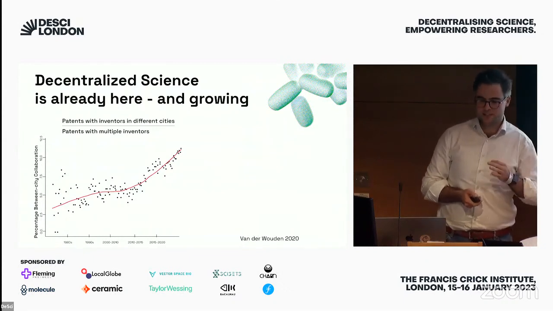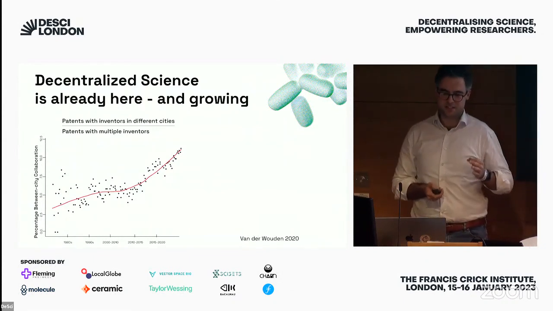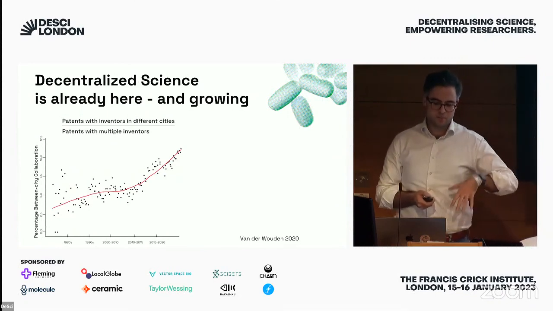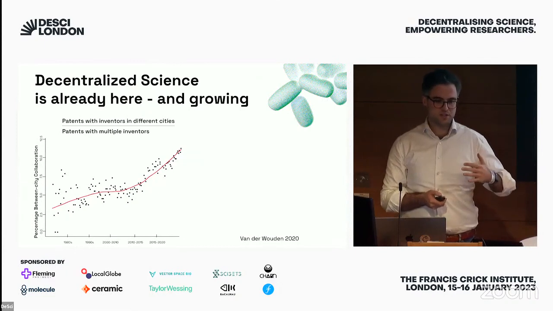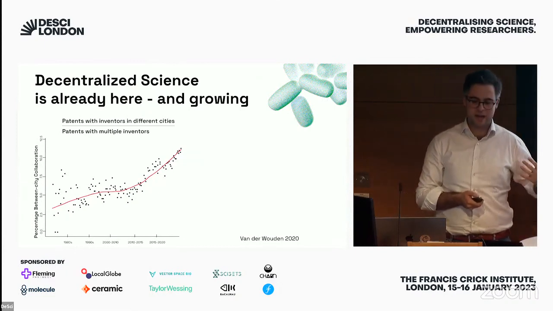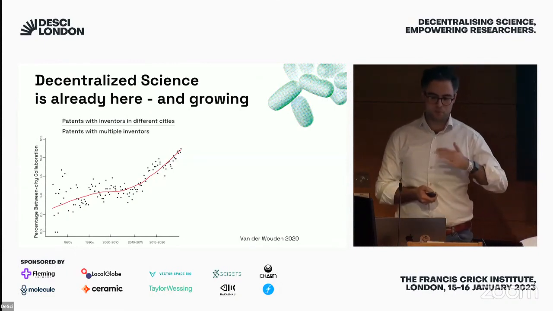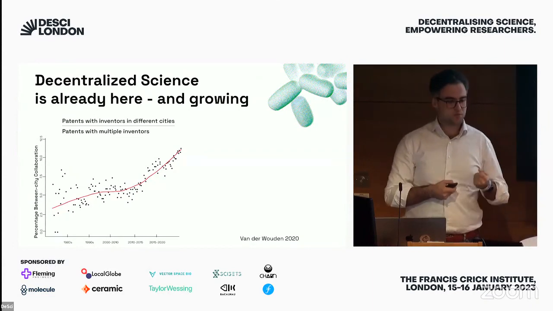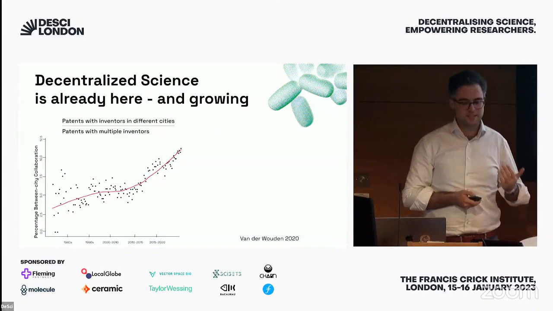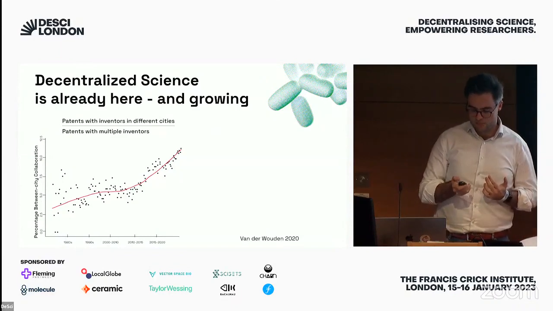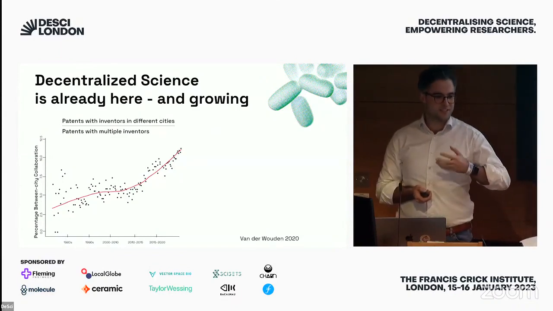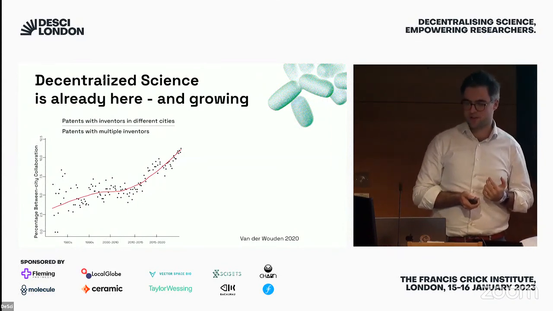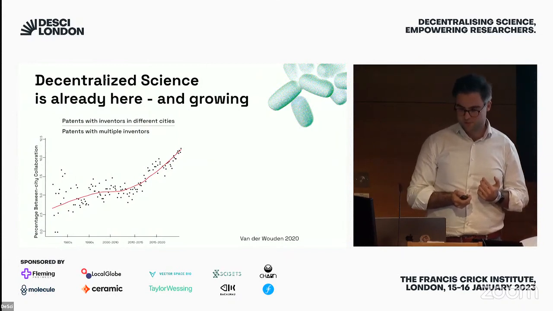But decentralized science itself is actually not that much of a new idea. It really started already in 2010. When you look at this plot, you can see percentage of between city collaborations of all the patents that have been filed to the US Patent Office. And you can see that the proportion of patents where you have people from more than one city collaborating with each other has really consistently been increasing since 2010. Now, not only are more and more scientific projects collaborative and inventors work together across distances, but also